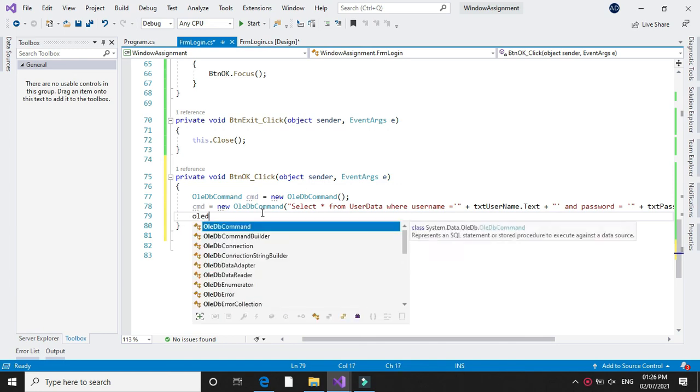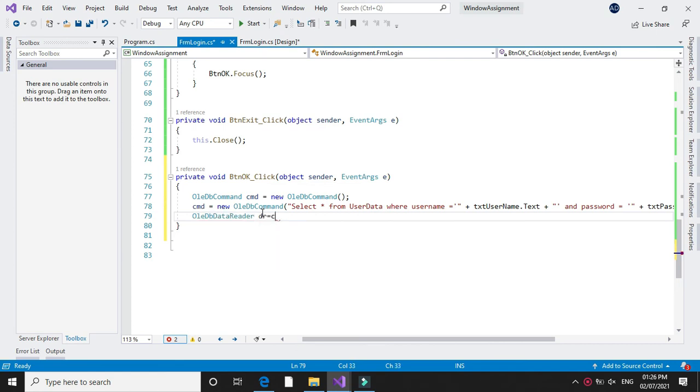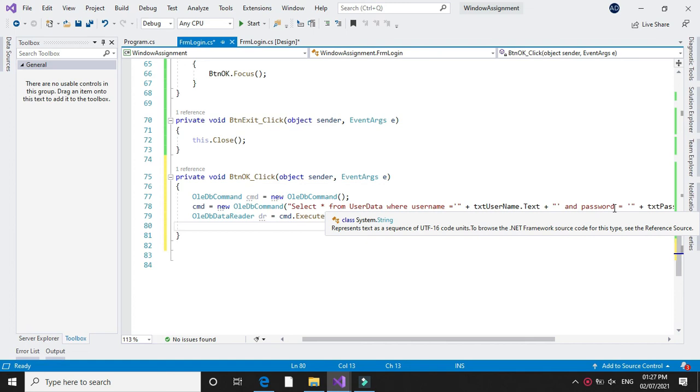So OleDbDataReader dr equal to cmd.ExecuteReader. So if data is available in the table with the specified username and password, the data is stored in the data reader.